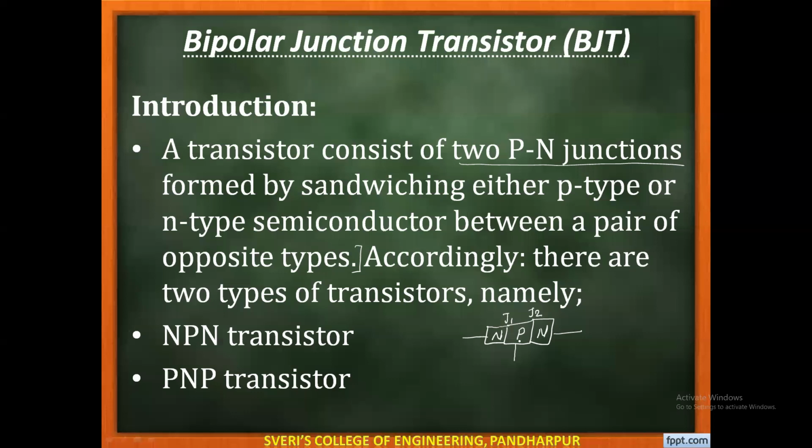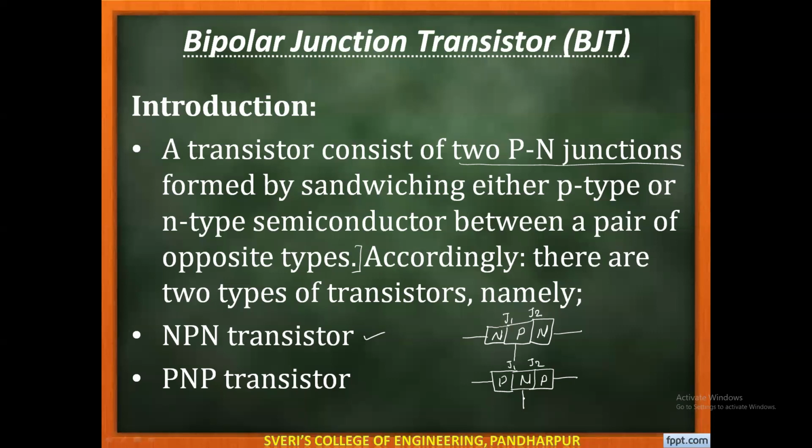And now here you can observe that this transistor is called an NPN type of transistor. And exactly the reverse: when an N-type semiconductor is sandwiched between P-type semiconductor, the opposite layer, then this type of transistor is called a PNP type of transistor. Again, you can observe the two junctions, two depletion layers, and the three terminals. Two terminals are the two outer regions, and one terminal is the middle region.